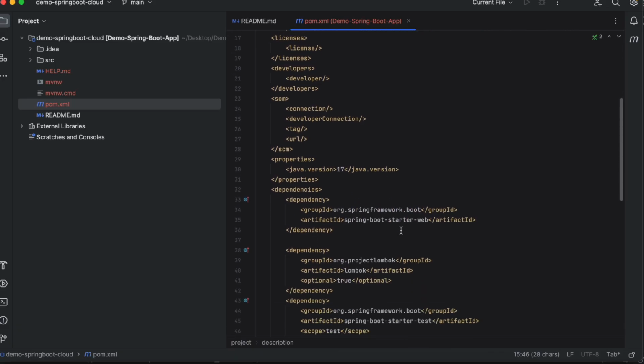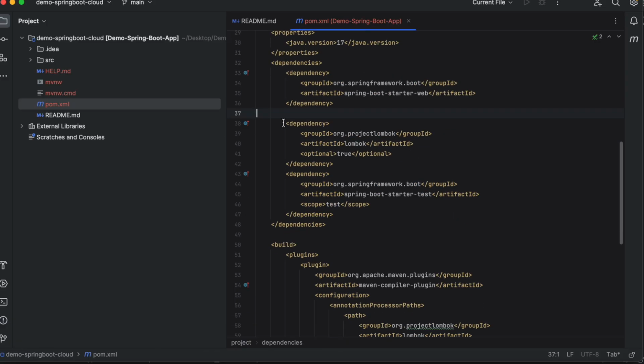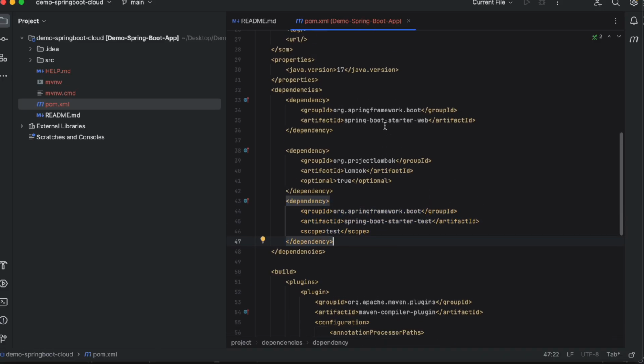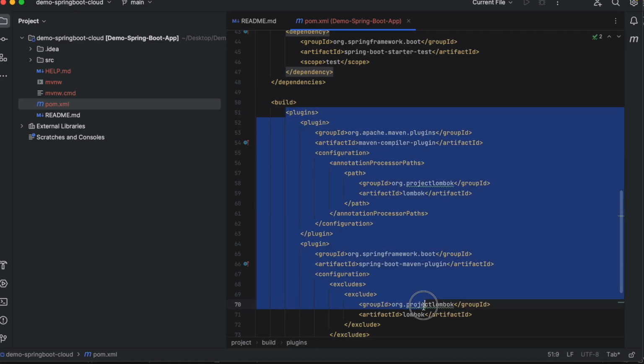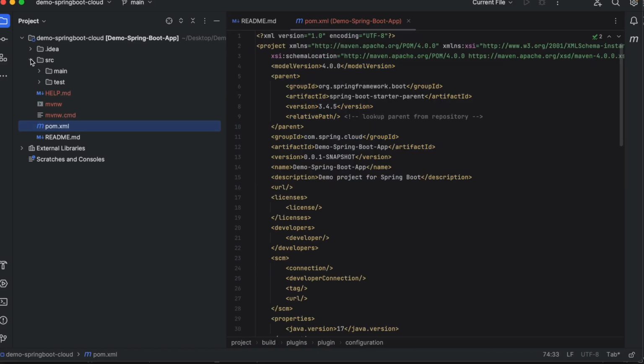Let's go down and we'll see a few more details, like the Java version. It came as 17, and these are the dependencies that we have added. Spring Boot starter web, this is fine. Lombok we have added, it came. This Spring Boot starter test also came from Spring Boot starter parent. Okay, and these are the Maven plugins to build our applications. Hope this is clear. We'll go on to the folder structure.